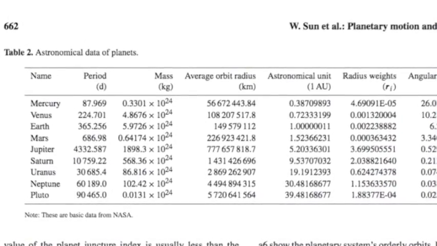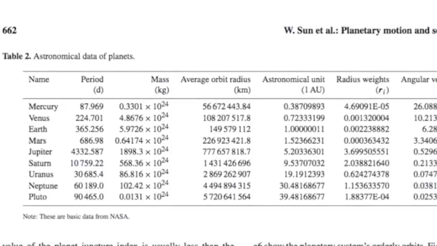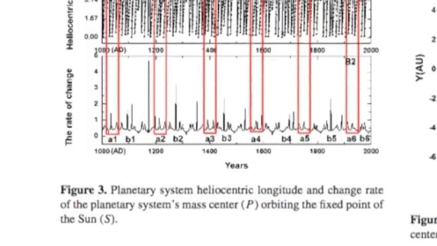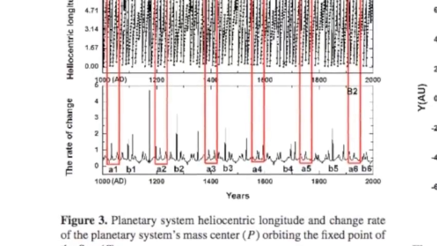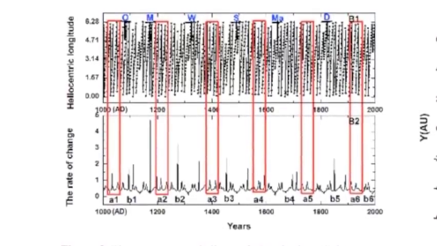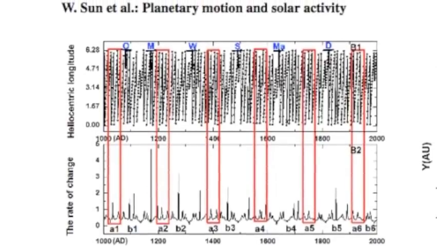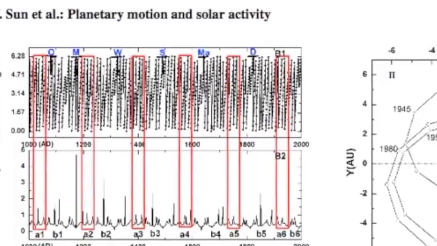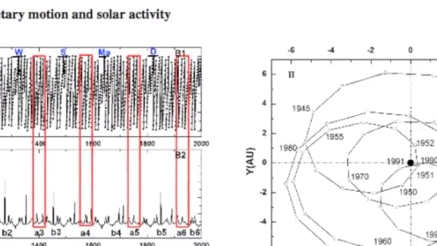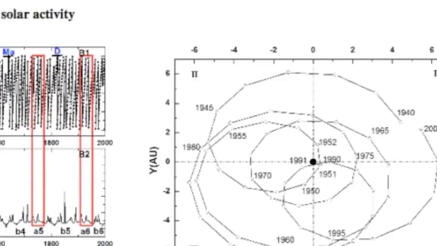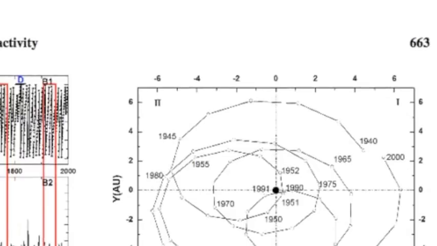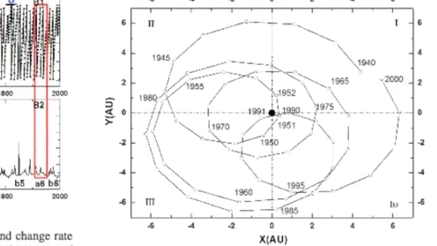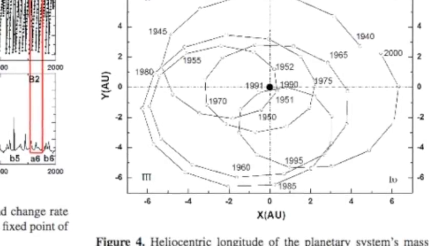The present study provides two innovations. One is the full consideration of the gravitational interaction among planets, and the other is the simulation of the planet's juncture index and heliocentric longitude. Nearly 1,000 data points of the planetary system movement are obtained by numerical simulation. The movement of the planetary system from 1007.8 to 2016.6 AD shows a 49.9-year cycle for orderly orbit and a 129.6-year cycle for disorderly orbit.